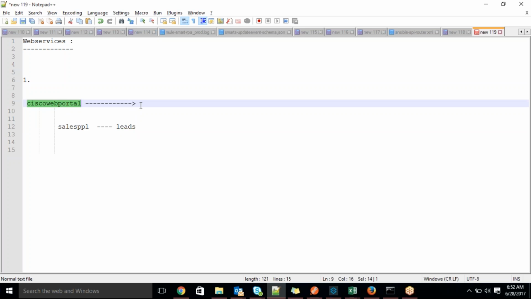So how will they raise it? Here they introduce MuleSoft, guys. I will tell you why they're not talking directly to the external system. Here the external system is SFDC, guys. Cisco maintains the backend opportunity information, leads information, and accounts information, everything, in SFDC. This is Salesforce, guys. SFDC means Salesforce.com.